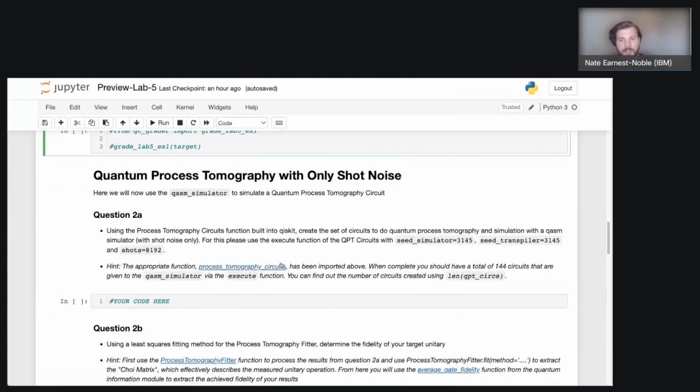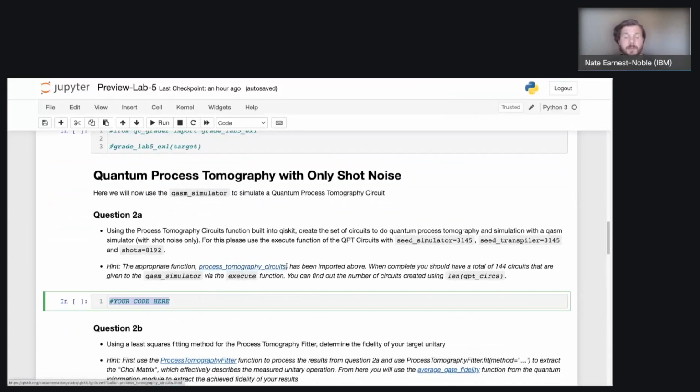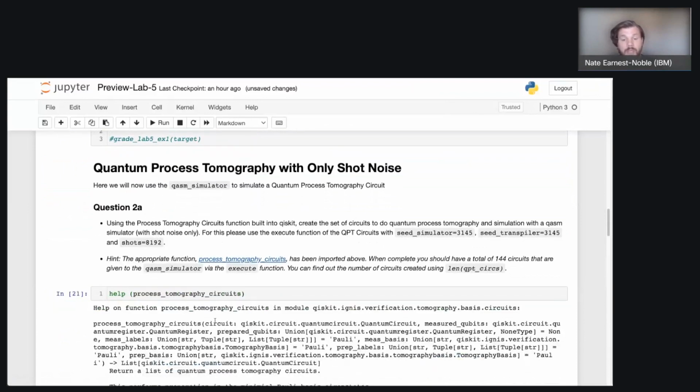So for doing this, this is where the idea of the seed simulator and seed transpiler will become particularly important. To start though, the hint that we provide here is that you have these process tomography circuits. So I love myself the help function. If we look at the quantum process tomography circuits help, what you can see that this takes in is two